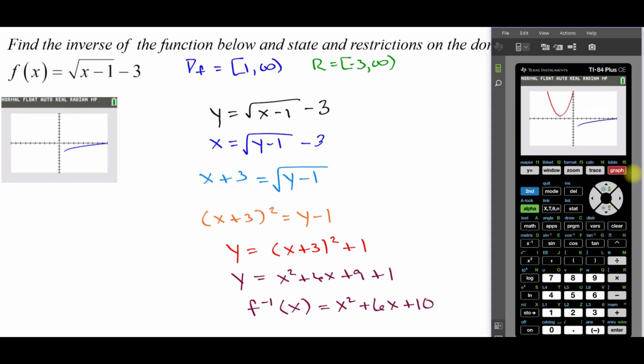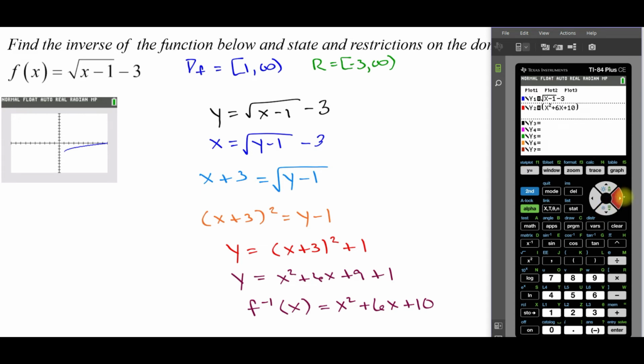So taking a look at the graph with its inverse, we can see that the inverse is a parabola, but that is more than the inverse of the square root function that we started with. So remember, we have to impose our restrictions on this. So my range from my original function was -3 to infinity, so that needs to become my domain for my inverse function. So I'm going to come back to my y equals, and I'm going to impose a domain restriction